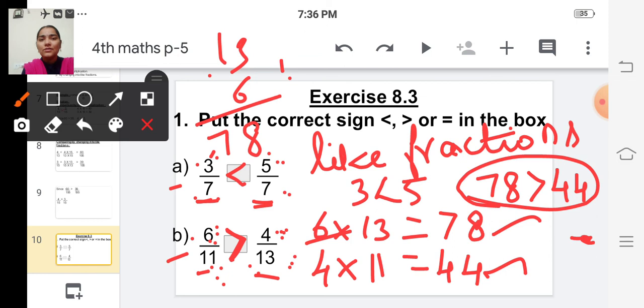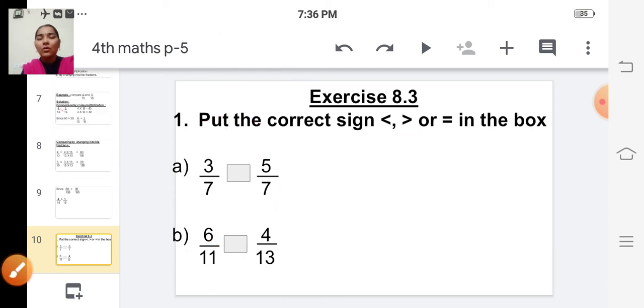Okay children. So remaining problems try to do. So try to compare the remaining ones. Okay. So I'll solve all these remaining problems in the next class. Okay. So you can copy down in your textbook. Okay children. So you can make a try on your own. So study well. I'll meet you in the next class. Okay, thank you.